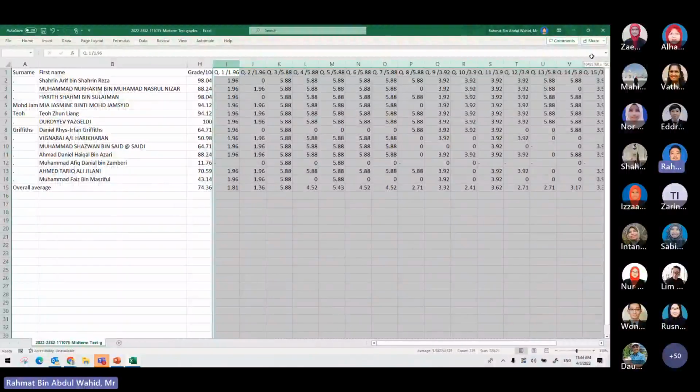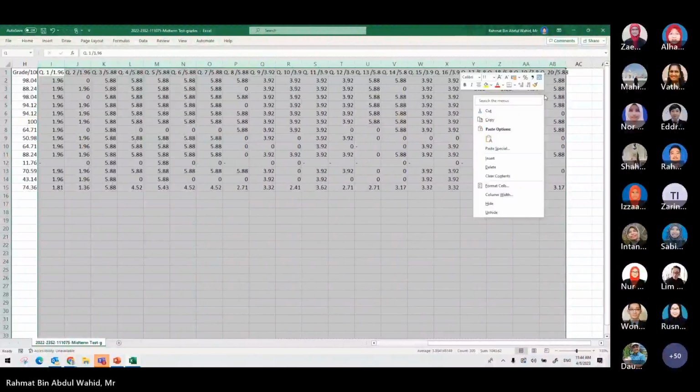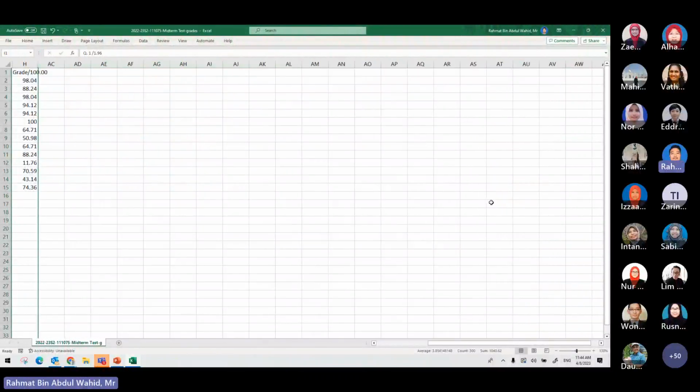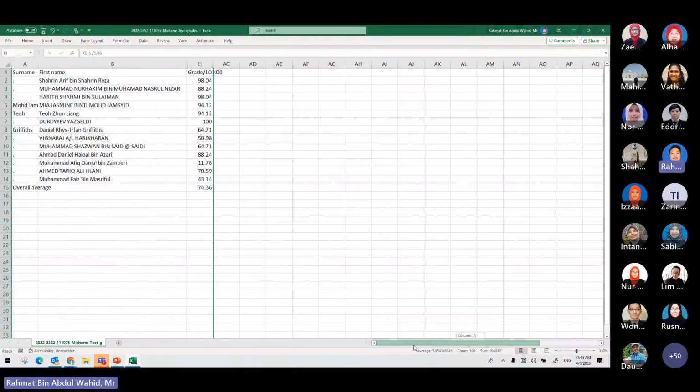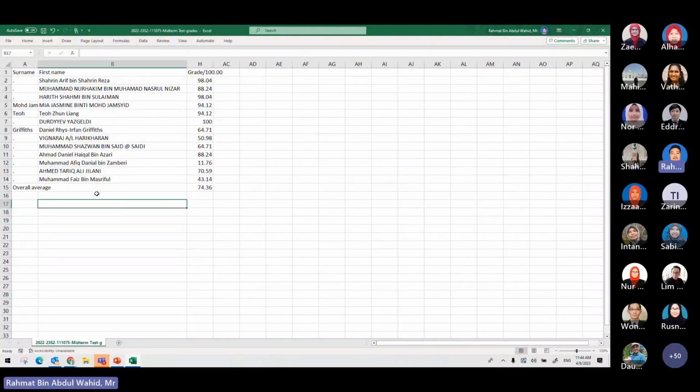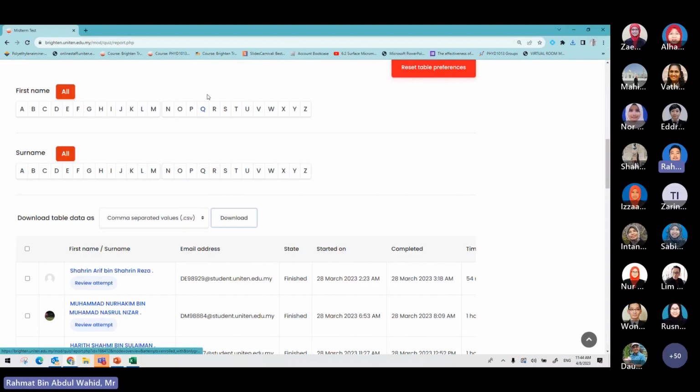Okay, and then obviously hide the rest of it. Okay, and then now you have a much simpler view, which is the name as well as the grade. Again, this is very easy to do if you can just take this as it is if we have a very small number of students, but if it is a very large number of students, sometimes we need to trim down the